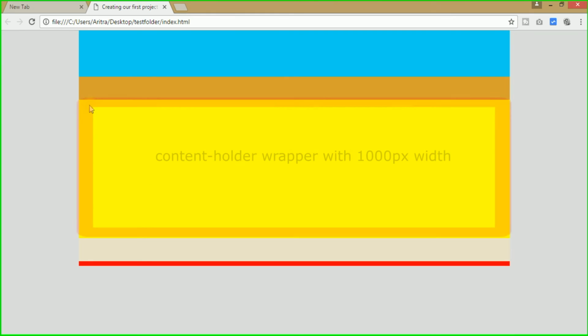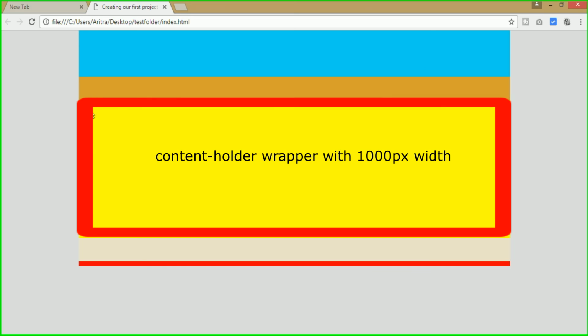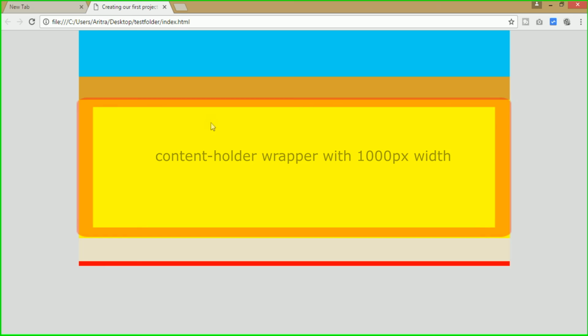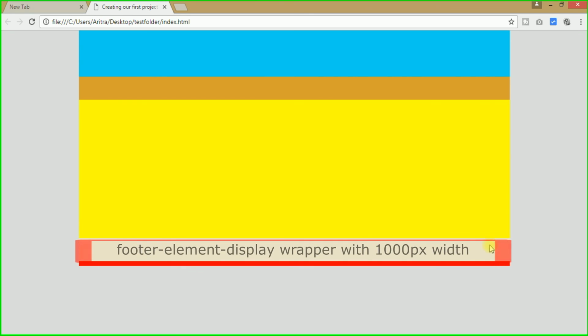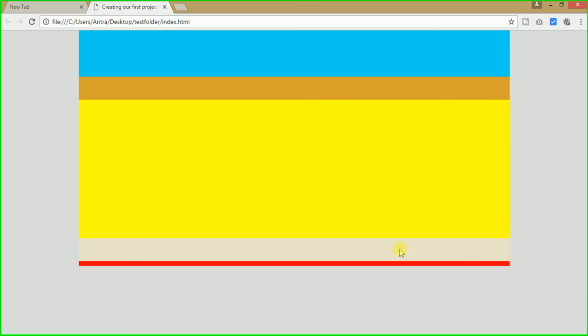And then comes the third wrapper, which is known as the content holder, the purpose of which is to house that paragraph element over here. And the last thing is the footer display parent div, the purpose of which is to display the designer, the maker of this site, and the one and the other steps that are following it.